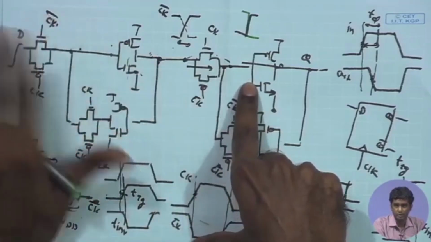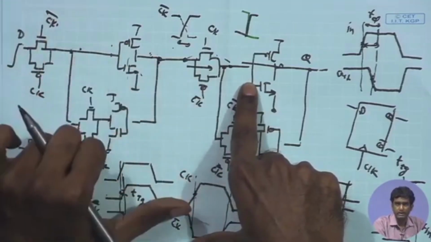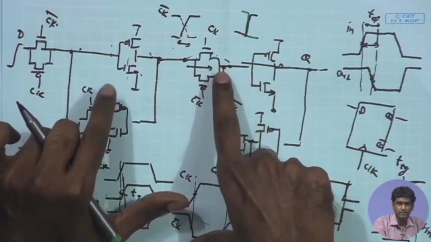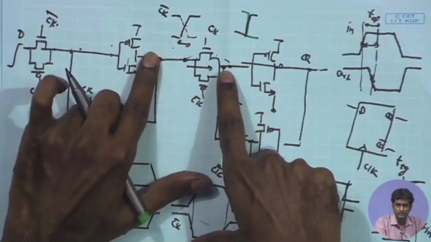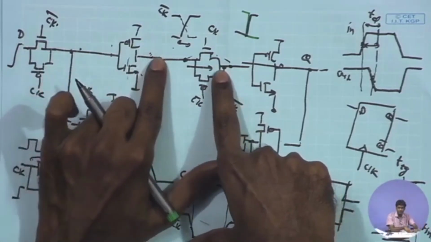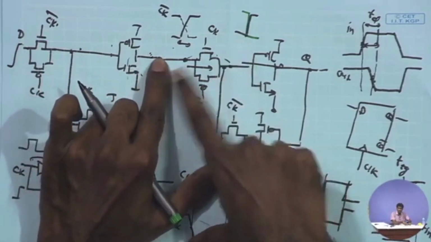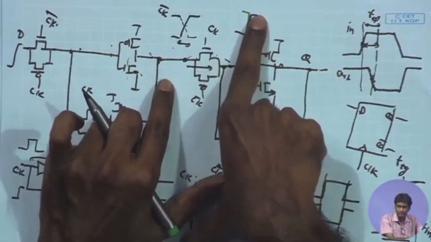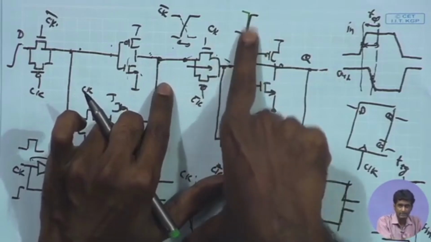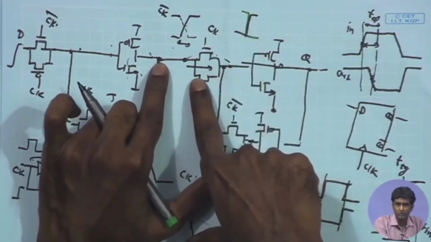The input is no longer going to influence this point, and as a result, whatever data was present over here before the rising edge of the clock will be reliably latched to the output. So, for ideal clock with 0 rise time and fall time, the hold time will be 0,